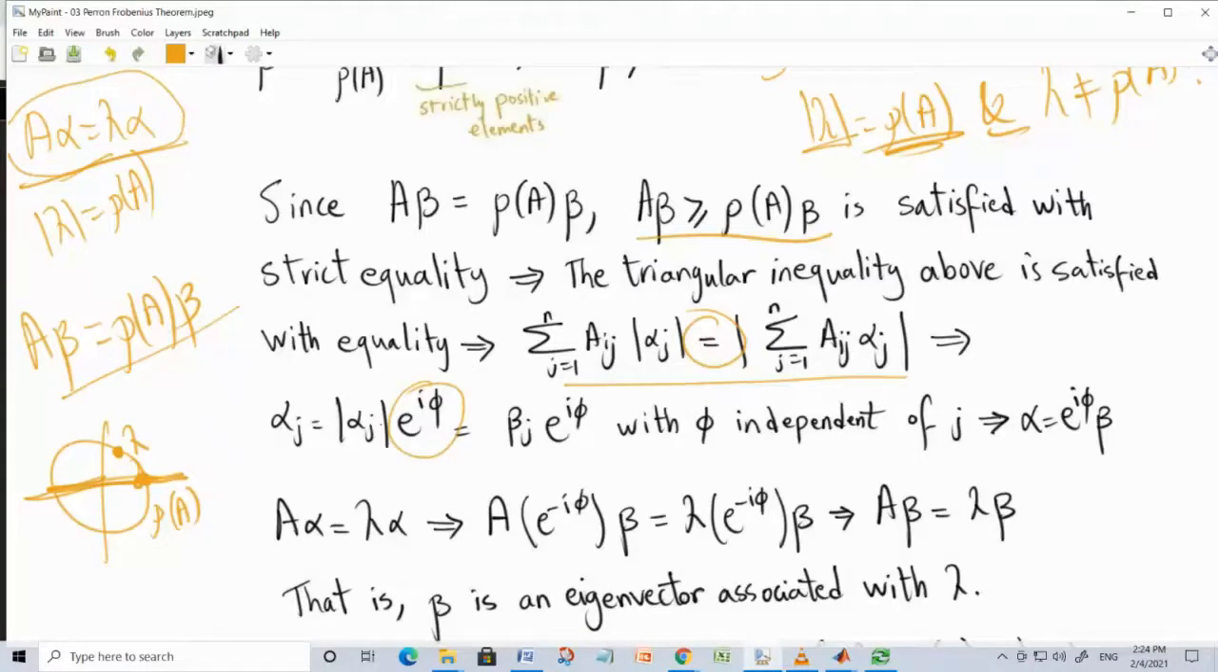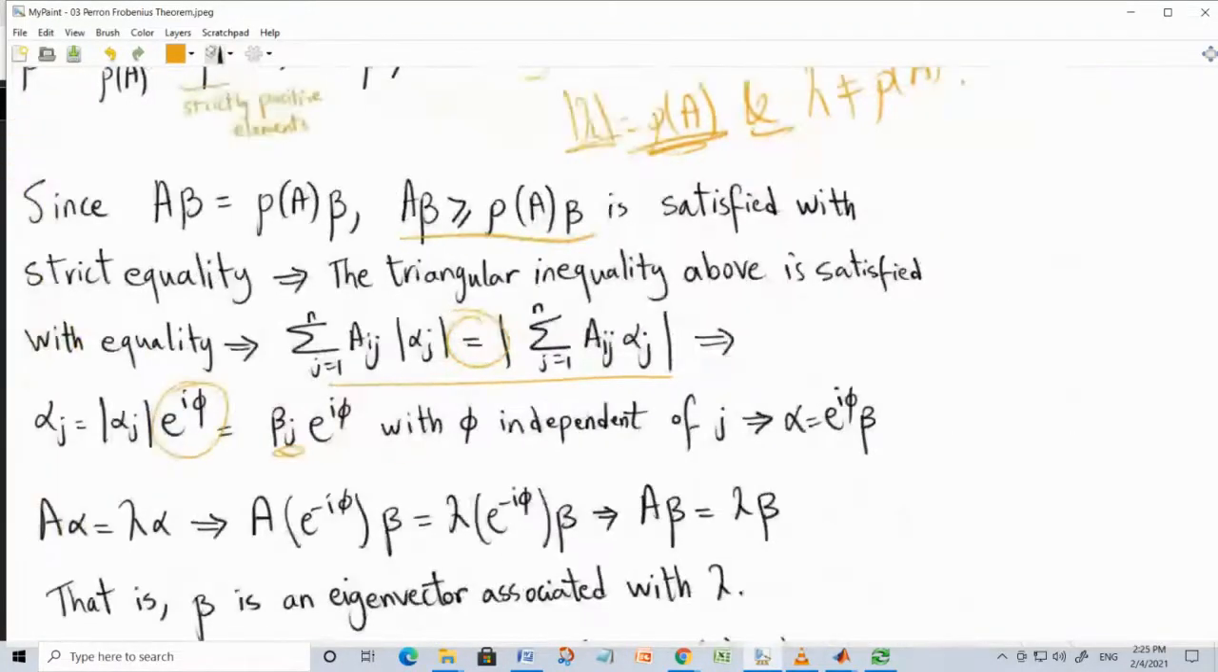So each one of them may have a different magnitude, and the magnitudes are betas, but they should have the same angle. Otherwise, the triangle inequality is not satisfied with equality. Okay, so this is very nice because it tells you that if you write alpha,